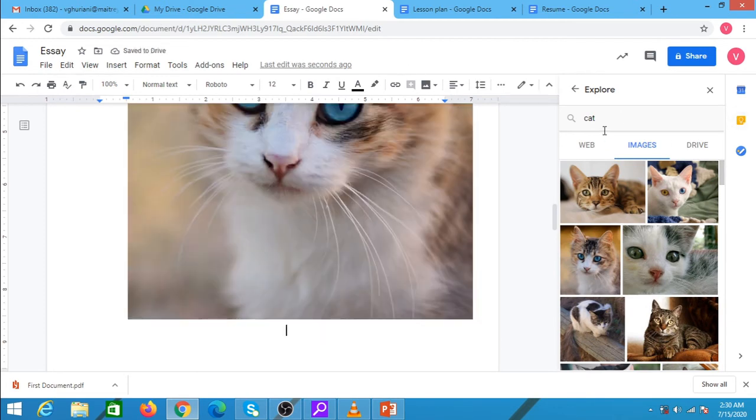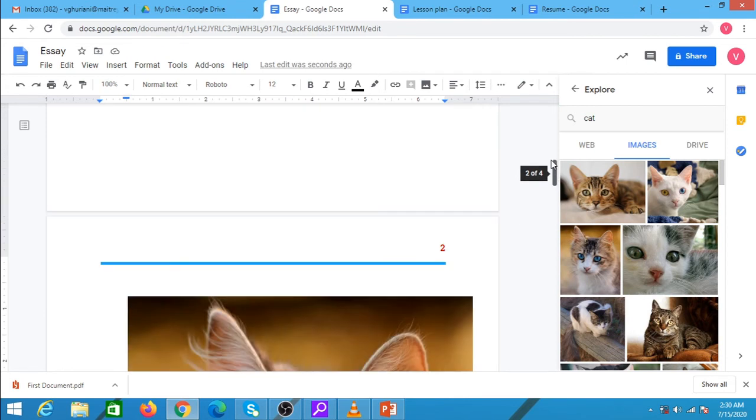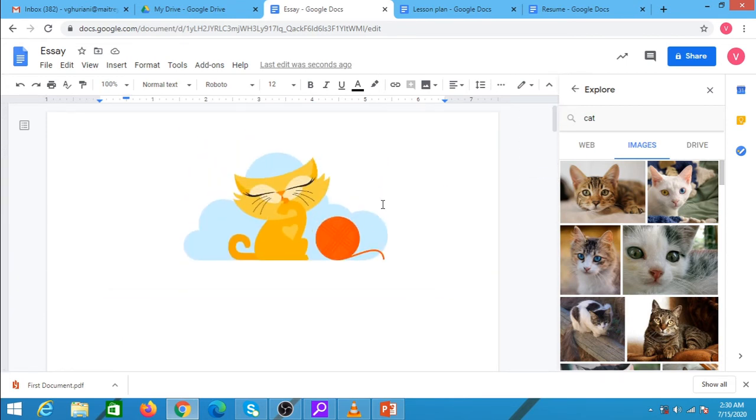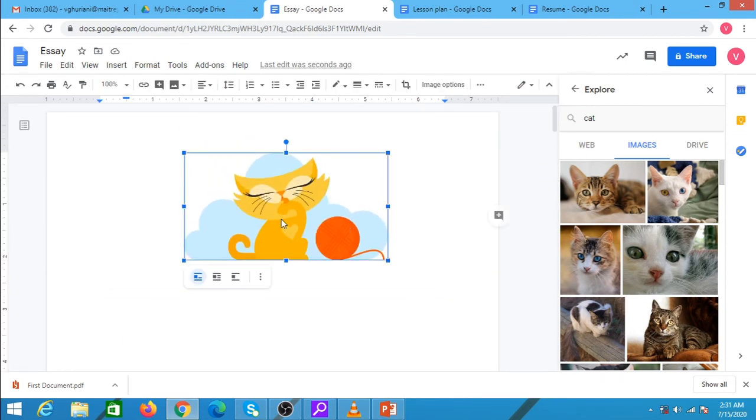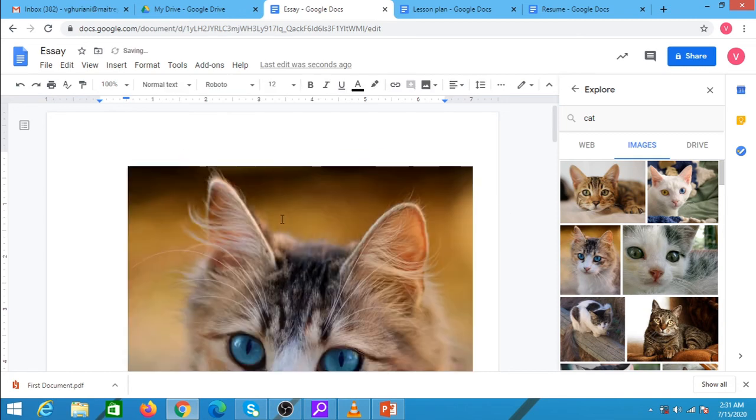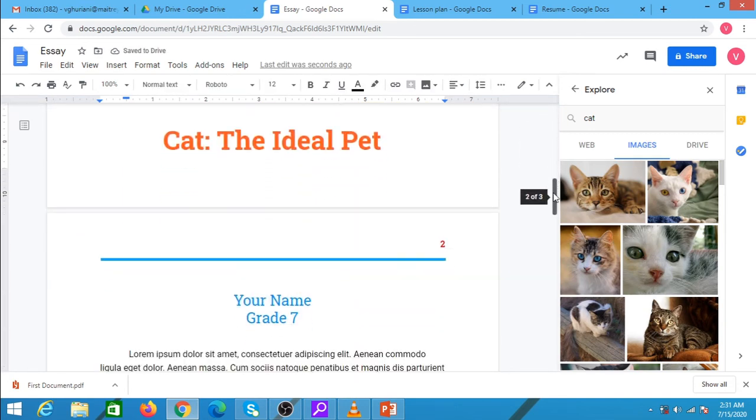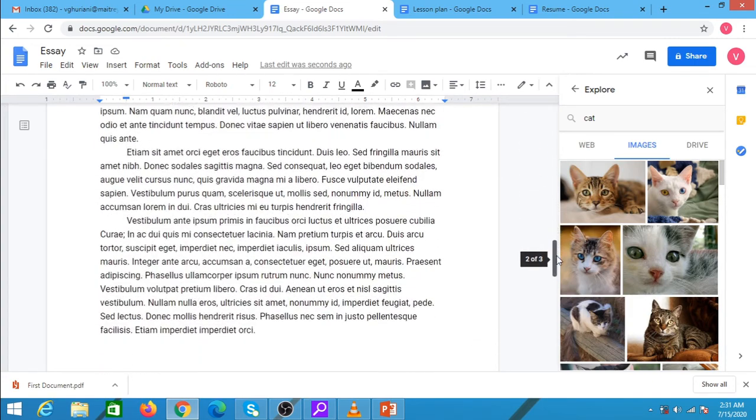You can see that the image has been inserted here. You can delete this particular image, and the new image is now added to the template.